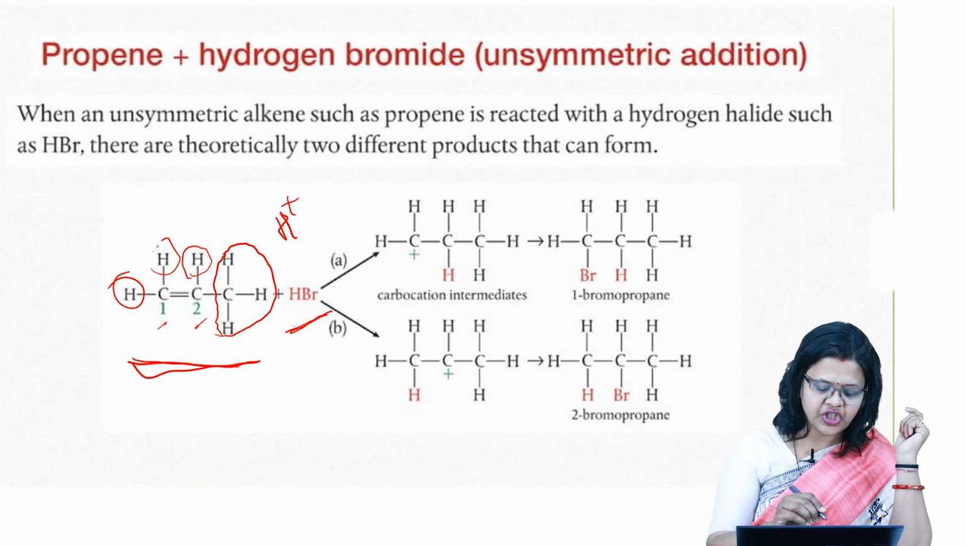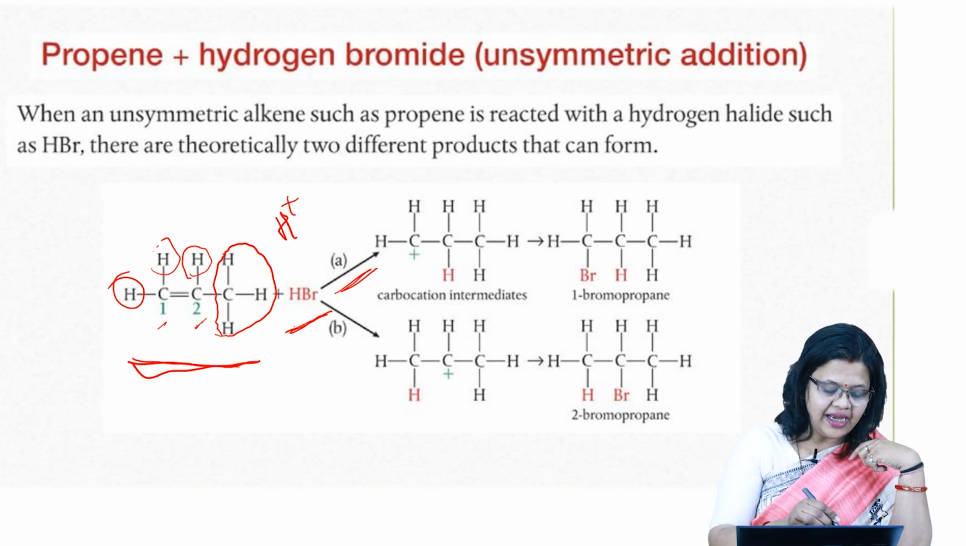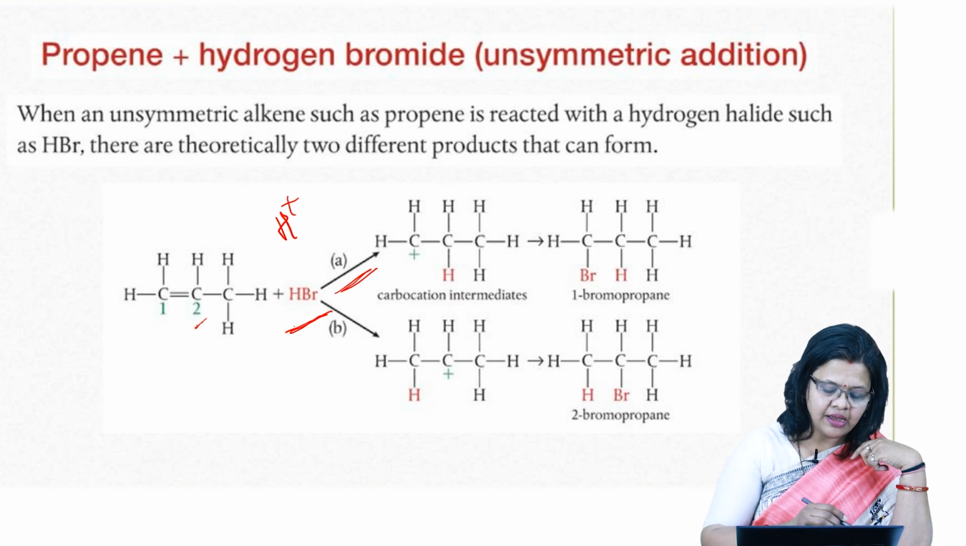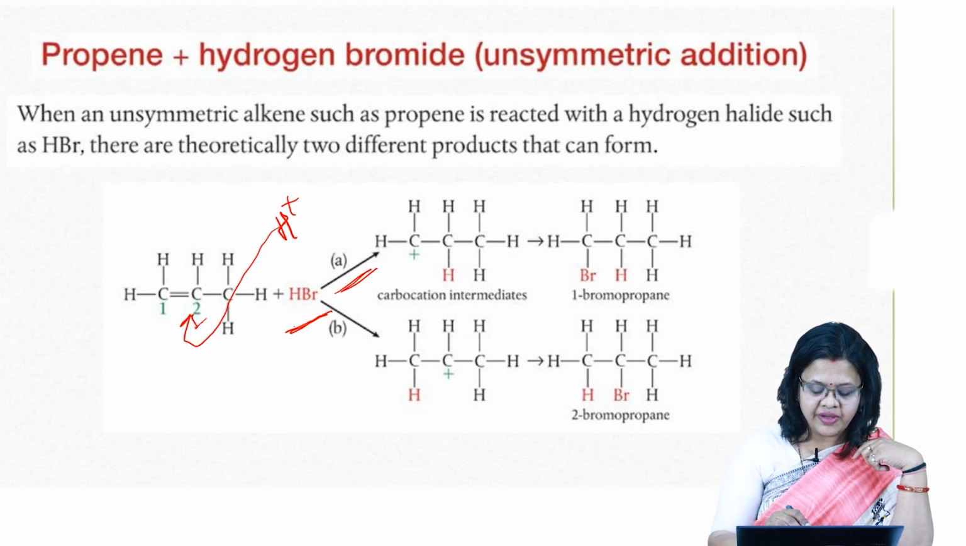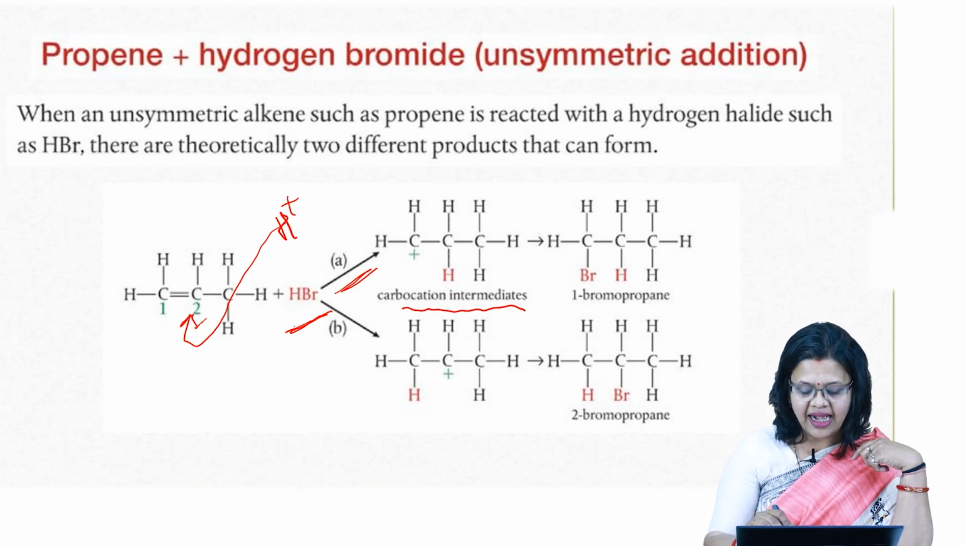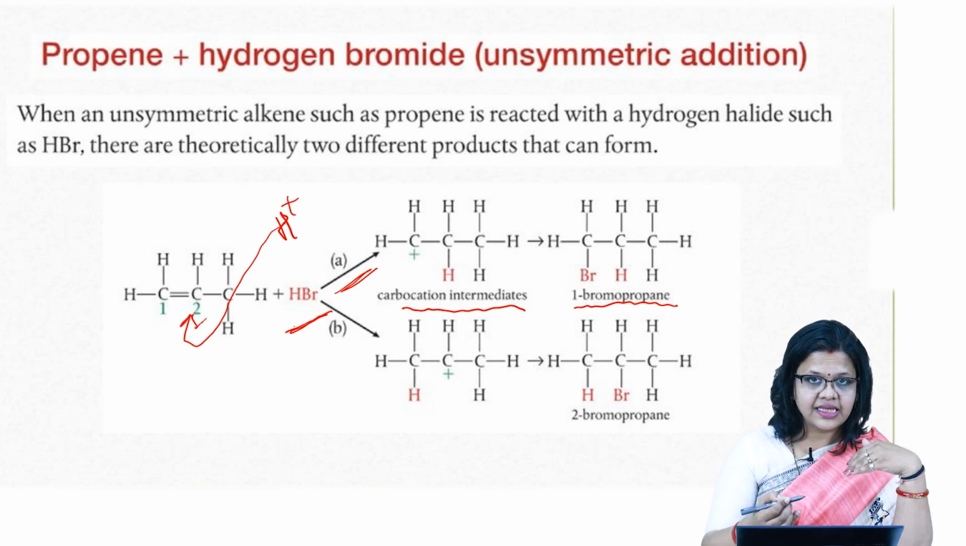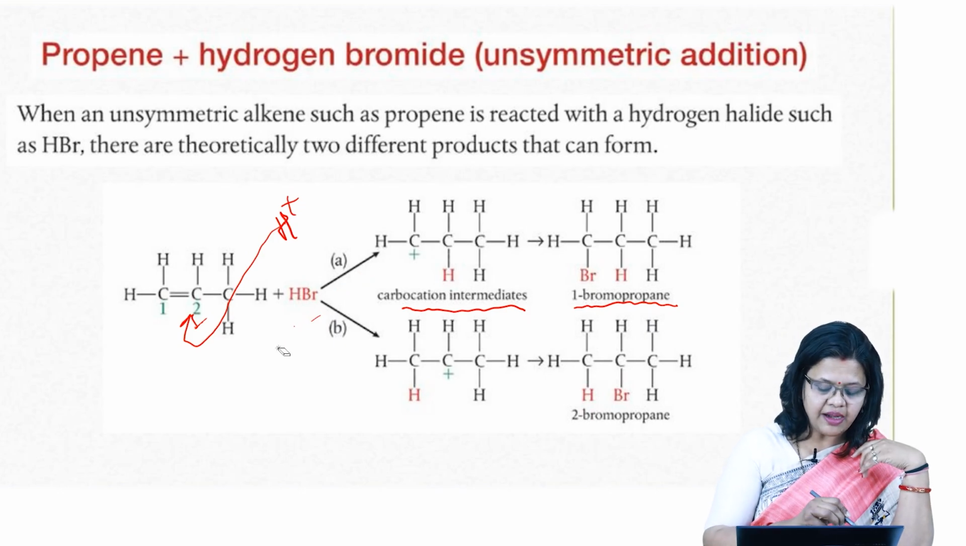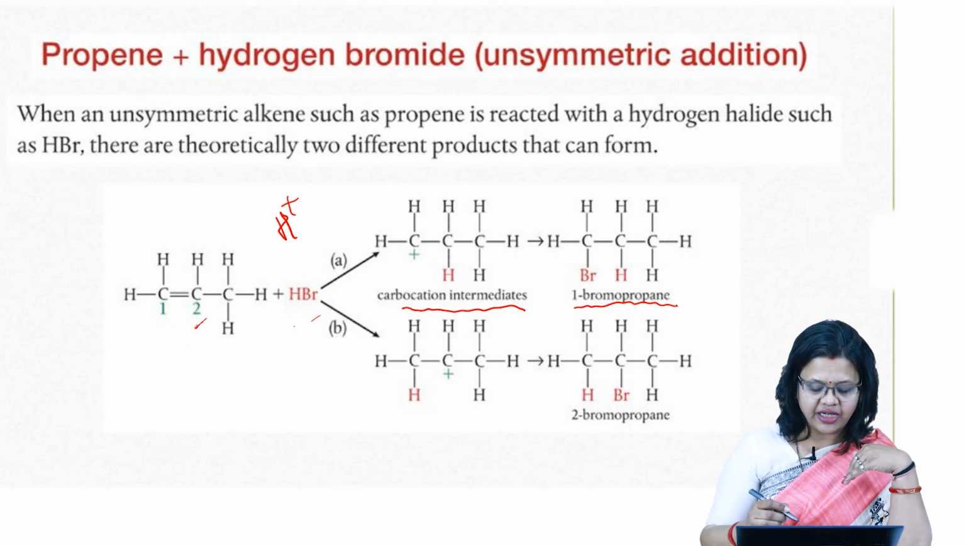In the first path, which I have termed A, the electrophile can attack at the second carbon. That means the H+ will come and add to the second carbon, resulting in the formation of a carbocation intermediate, and then the bromine atom will add and we will get the product 1-bromopropane. Whereas if it follows the second pathway, that is path B that I have shown over here,